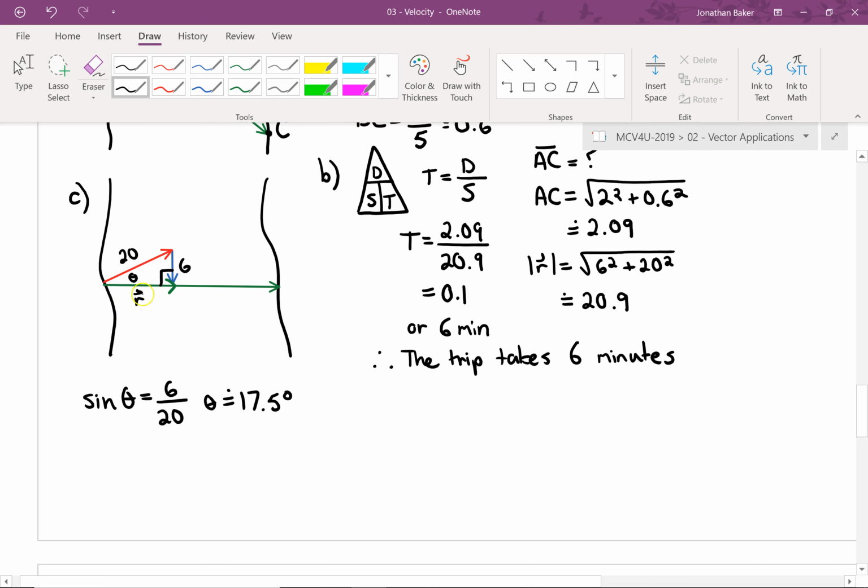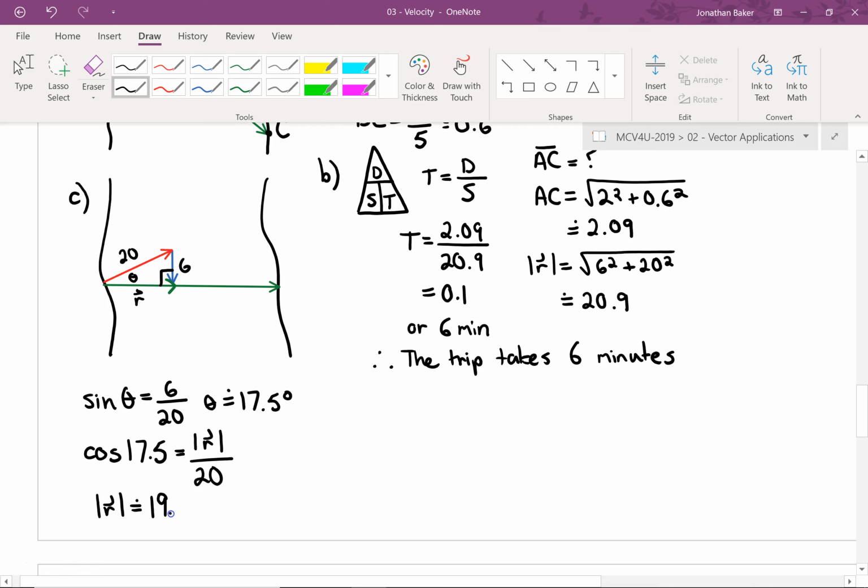Okay, and we also have to know what her velocity is. So we have to know how long that is. You could use the Pythagorean theorem here again, because we have a right triangle, or we could just use another SOHCAHTOA calculation. Because we know that theta is 17.5, and the adjacent is going to be the magnitude of r, this length here, over 20. And so therefore, the magnitude of r is going to be about